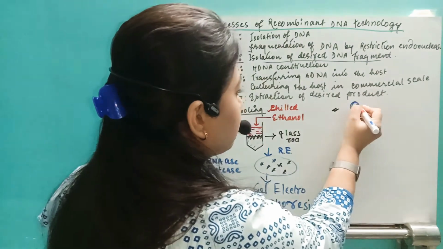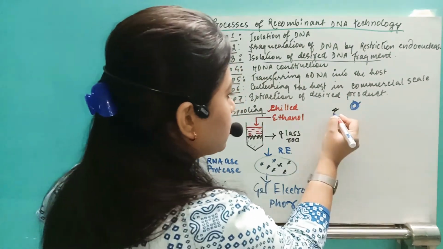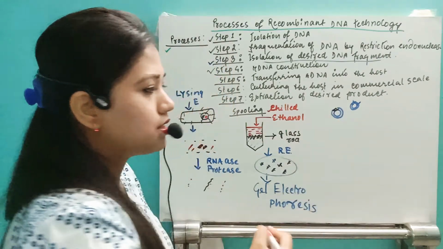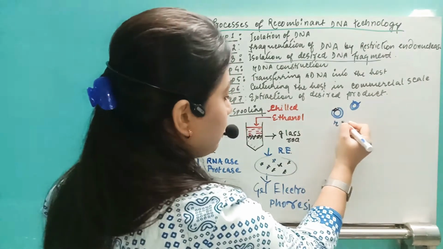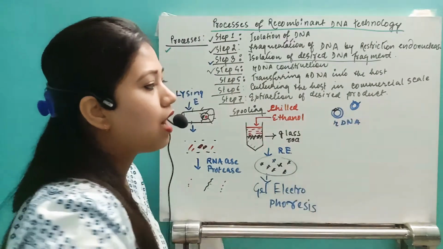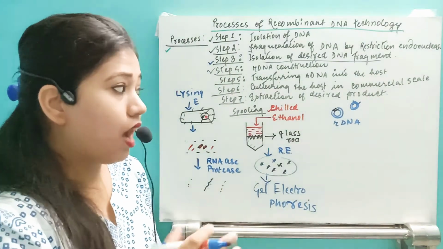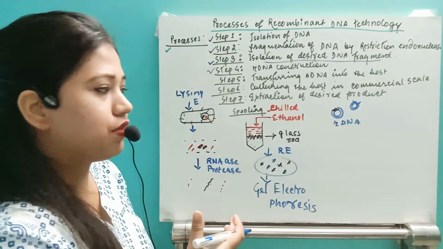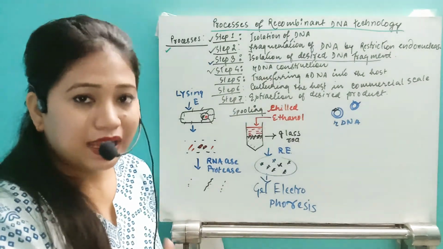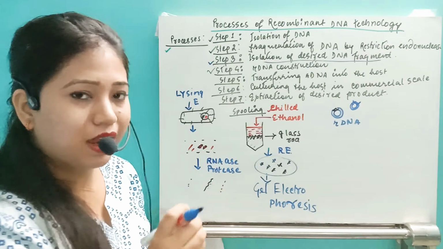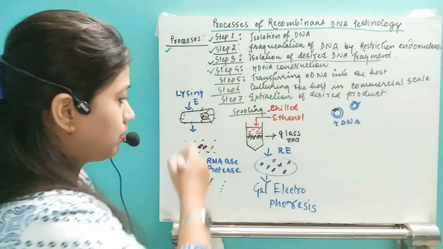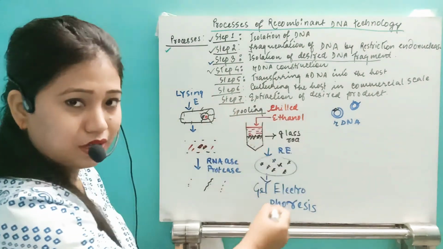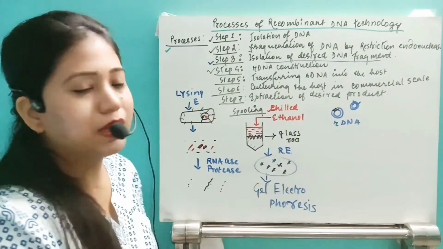Suppose this is the vector cut in this specific region. Then after that, this will be added to make the recombinant DNA. rDNA we have constructed. How? By adding the restriction endonuclease enzyme. Then after that, we have to add the ligase enzyme. Then our desired DNA fragment, which we have separated through these long processes, will make the